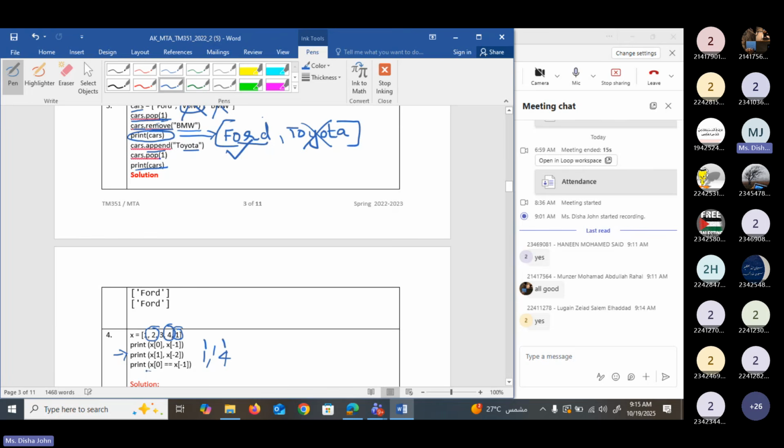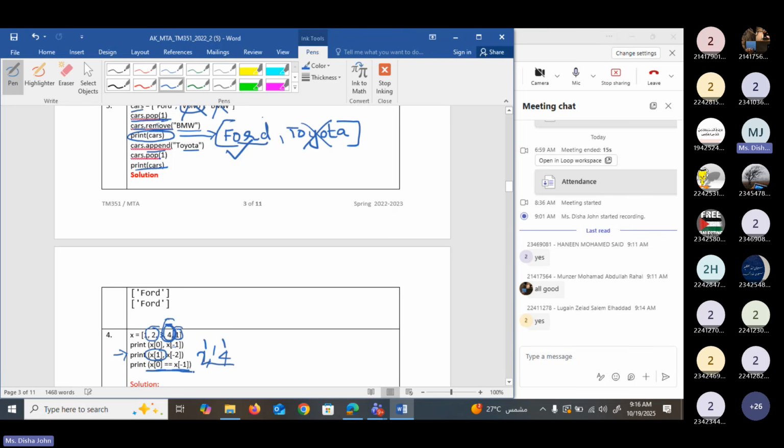Then here they are checking whether these elements are same. Sorry, doctor, one or two? The print x at element one. Yes, this one. X1 and 4 or 2 and 4. X of 1 means the element at index 1, yes, it is 2. This is what you mean? Yes. Okay, thank you. Welcome. Element at index 1, and here x of minus 2 means the second last element. Okay. So the second last element is 4.